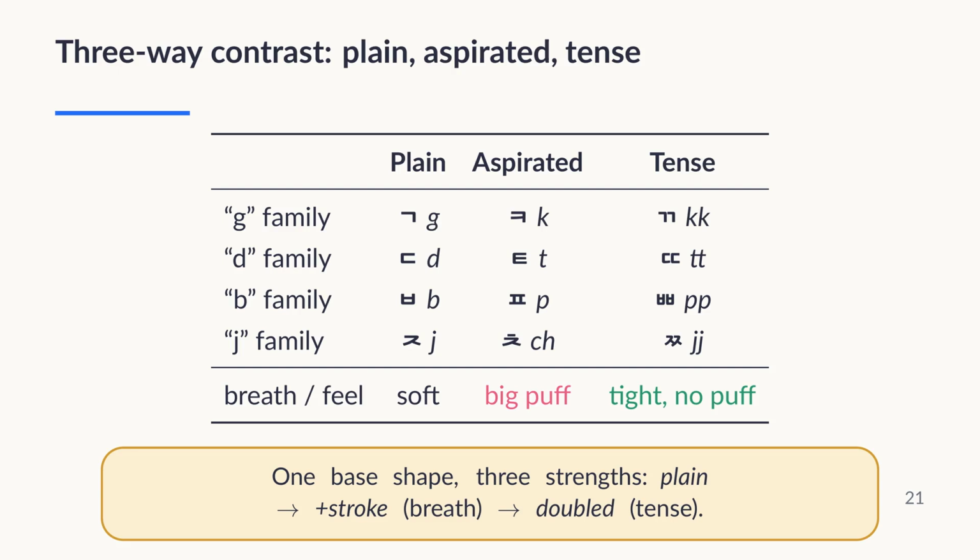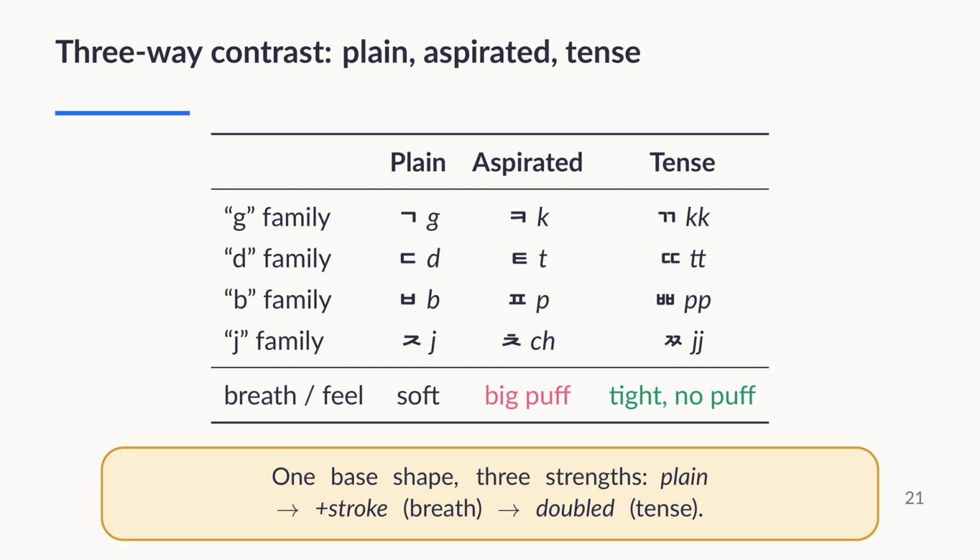The plain letters are the simple base shapes, the aspirated letters add a stroke to signal the extra breath, and the tense letters double the base shape to signal the tight, tense articulation. The bottom row summarizes the feel. Plain is soft, aspirated has a big puff you can feel on your hand, and tense is tight and clipped with no air. If you can hear and produce these three levels, you have mastered the hardest part of Korean